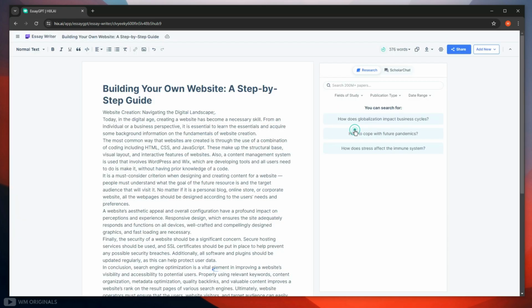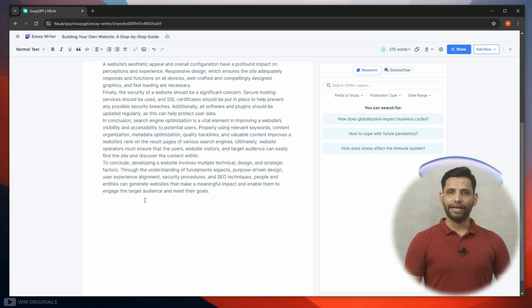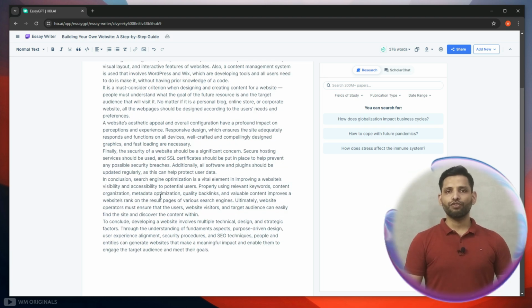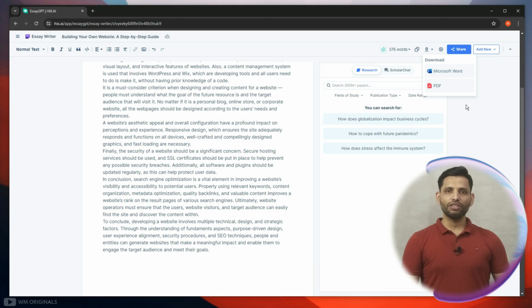Let's close it. Now here EssayGPT has generated an essay on our topic, how to create a website. So a well detailed and comprehensive essay is ready. Now we can use it wherever we want to. We can use it on our blog or website, or if you are a student, you can use it for your assignments. Here it shows the number of words with characters, reading time with speaking time. We can simply copy it from here or can also download it in different formats. Wow, is that not fantastic?